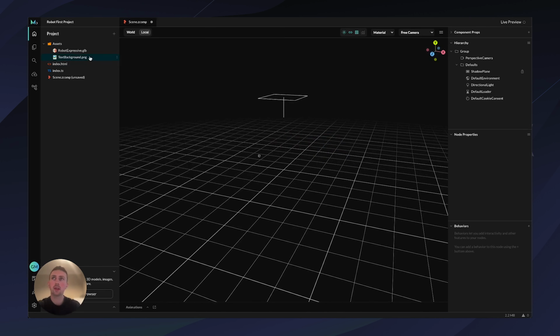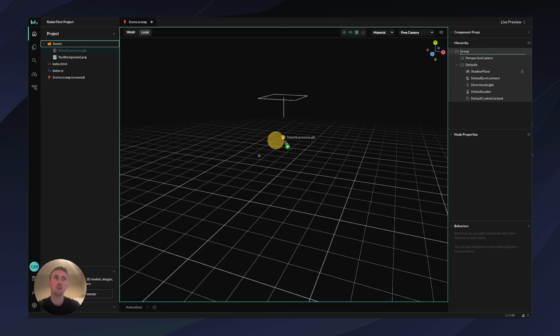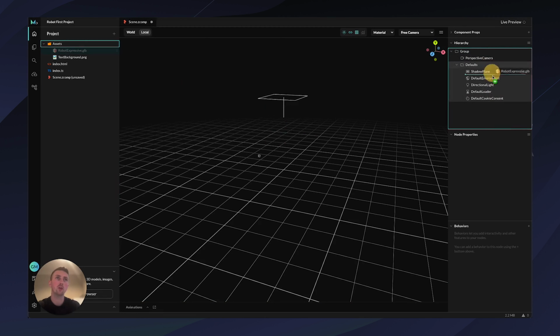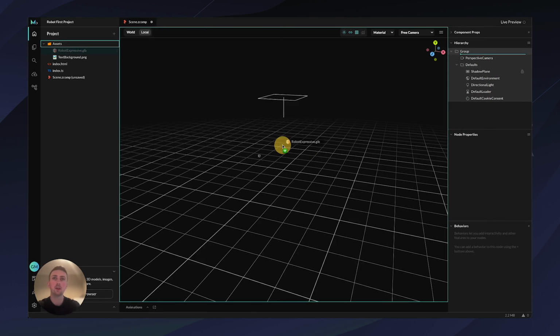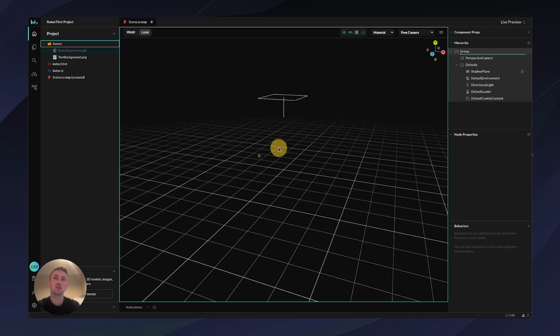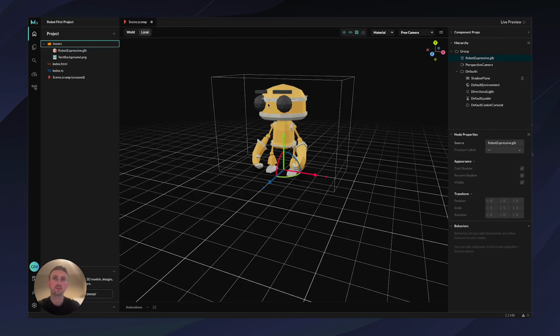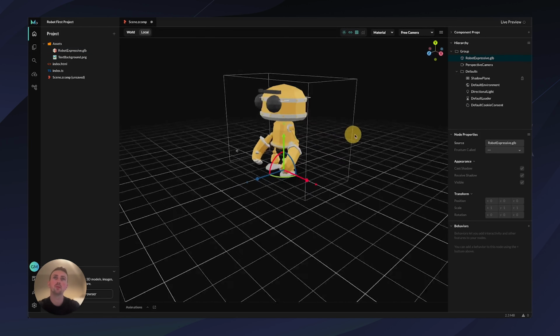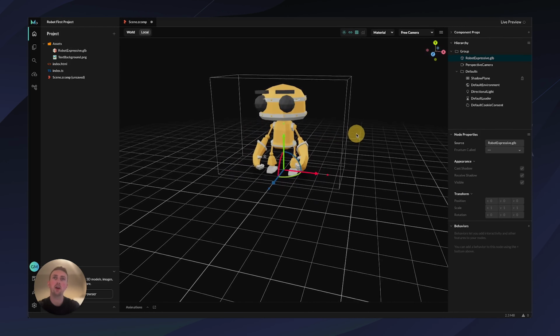And what we're going to do is add our robot 3D model into our scene. We can either drag and drop it directly into our viewport, or we can drop it directly into our hierarchy. It's up to you whichever one you want to do. If you want to drop it directly somewhere specific in your hierarchy, which may be important in later projects, if you have groups and things set up, you can do that. But let's just drop it directly into our viewport. And you'll see that our 3D model automatically appears in our viewport.